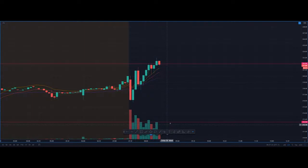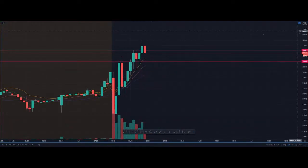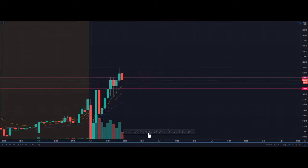But what happens in situations like this? Ideally, my closest support should be right here, because this candle right here is where we saw that rejection. We obviously had heavy sellers here. As we steadily climbed back up, we saw some resistance right there, but we saw it turn into a support right here. So ideally what I want to see right here, so I know it's not a fake out, is